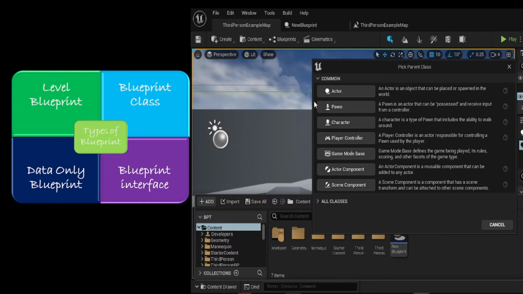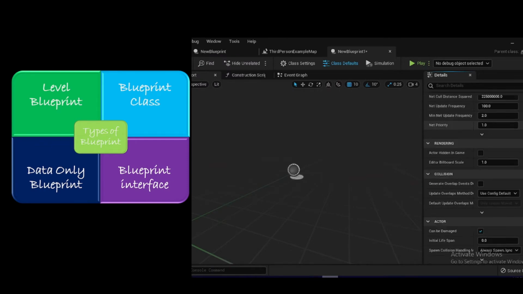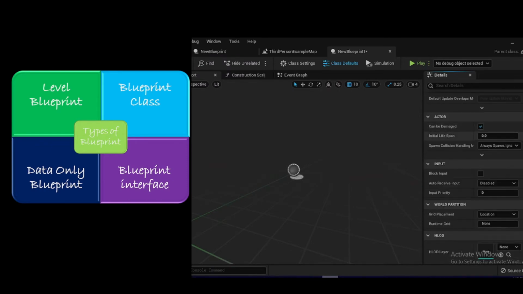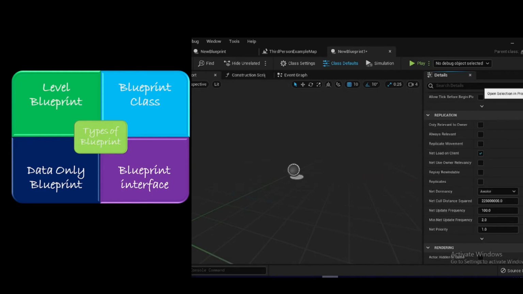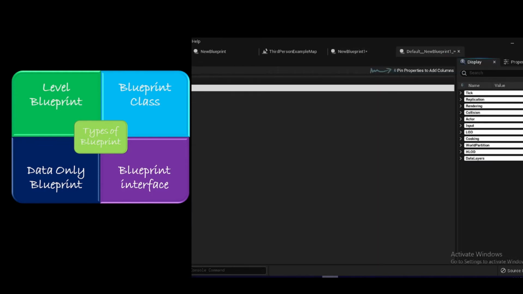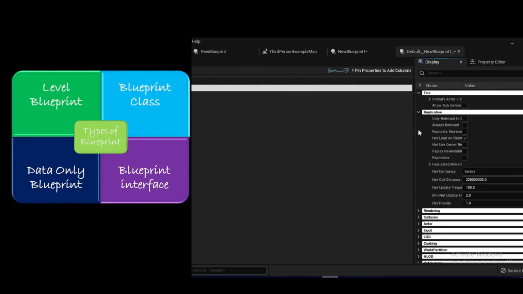Now let's see what is data-only blueprint. Data-only blueprints are basically blueprint classes without the node graph. They contain all the properties and components that are inherited from its parent and allow the user to tweak properties or set items with variations without needing to find these properties in a big node graph. A data-only blueprint doesn't allow you to add new elements. However, it can be converted into a blueprint class with just one click, if required.